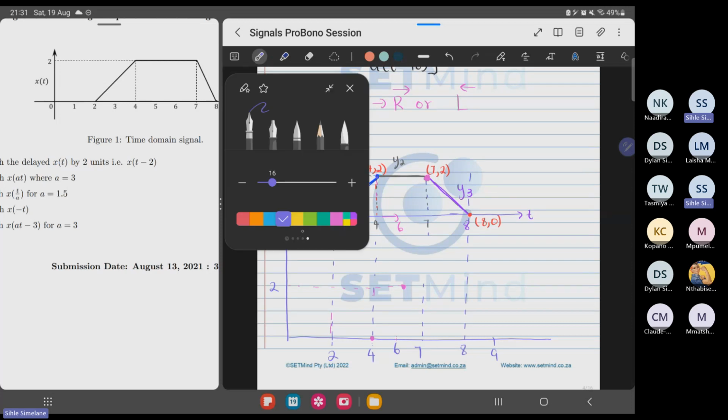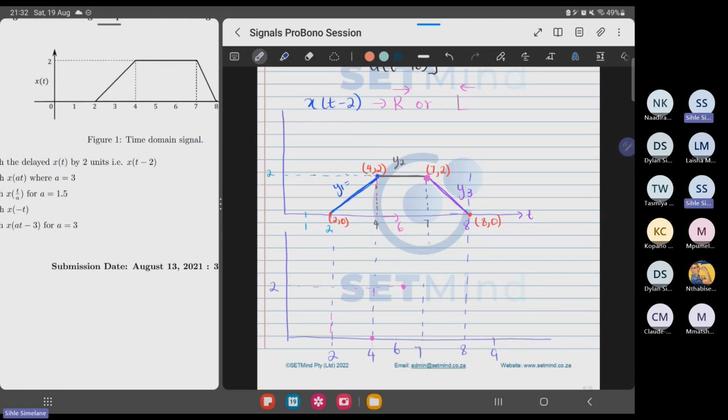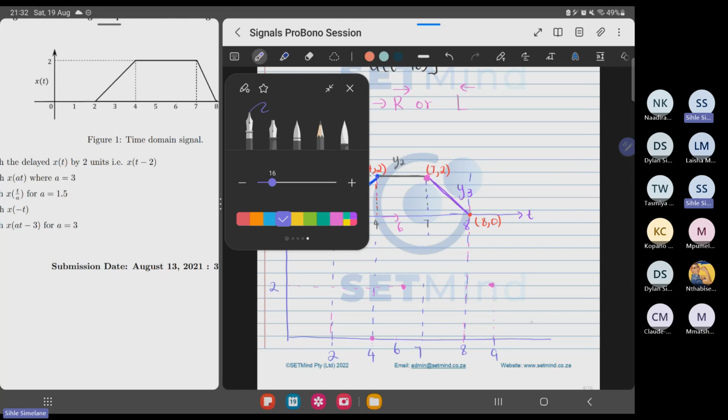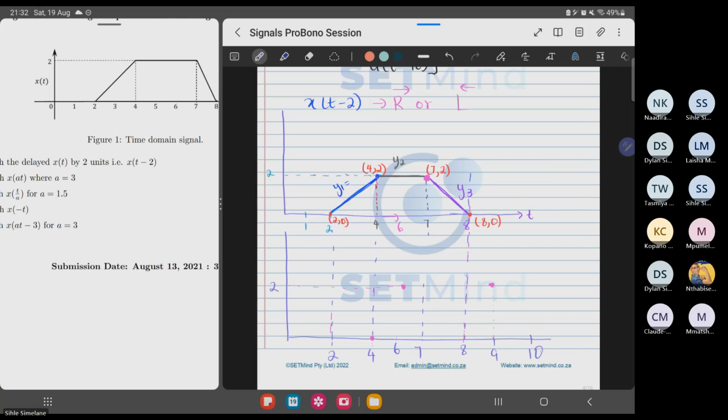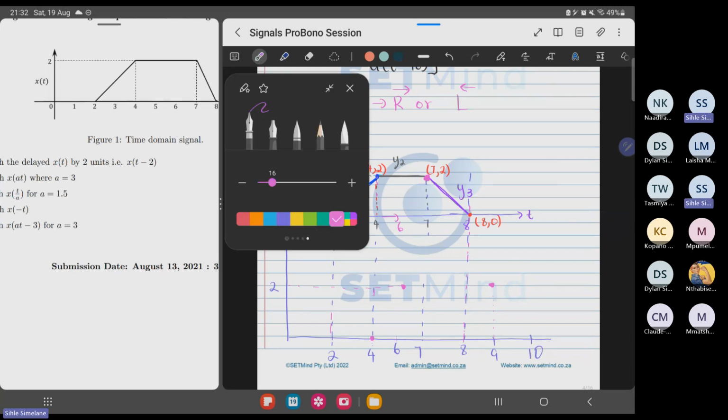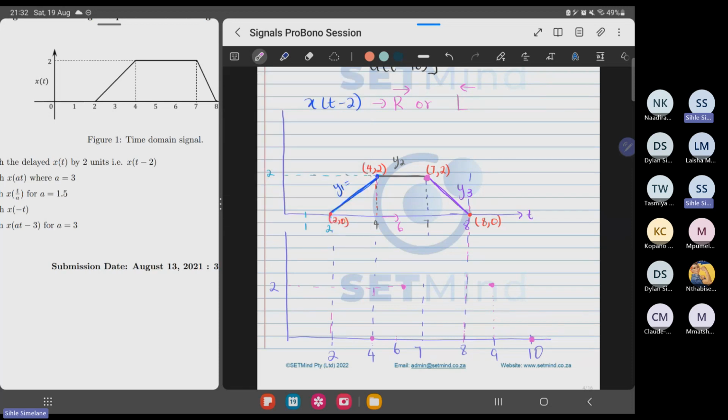So the point which was at 7, if we move it by 2 units to the right, it should be at 9. So meaning that point is somewhere here. And then the point which was at 8, we move it by 2 units to the right, which means it is now at 10. So we go to 10 and we do that. And then now we can connect our new graph. It becomes that,